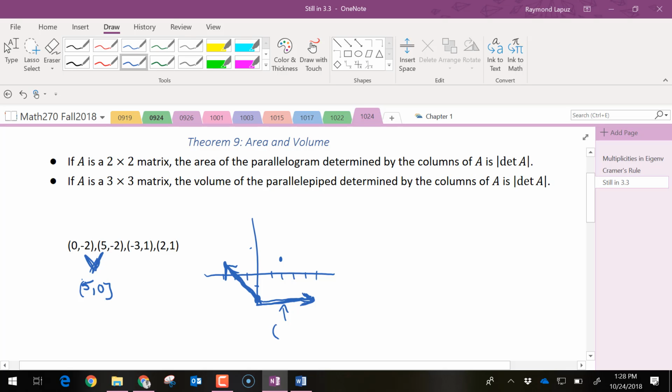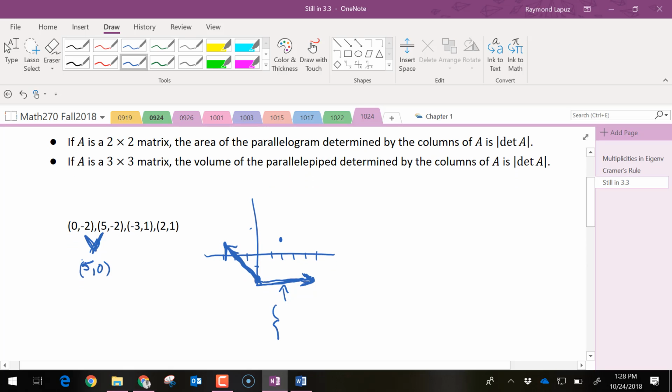And -2 minus -2 will give us 0. And so this is the vector 5 comma 0, and it doesn't really matter how you write the vector. We seem to be writing vectors as columns, so we'll write it as a column. So that's one vector,